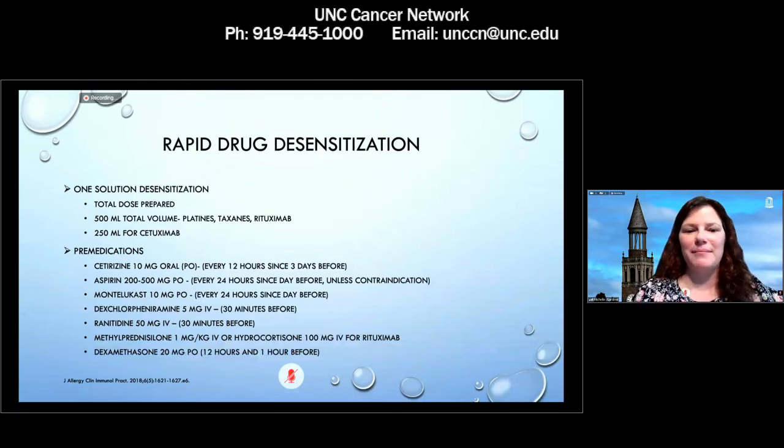The amount of manpower it would take to create chemo orders, to order this, to have the pharmacy pull up 1 milliliter of drug to be given to the patient, and then have the patient observed, I don't think that's practical. So anyway, there are several different desensitizations. A common one will include